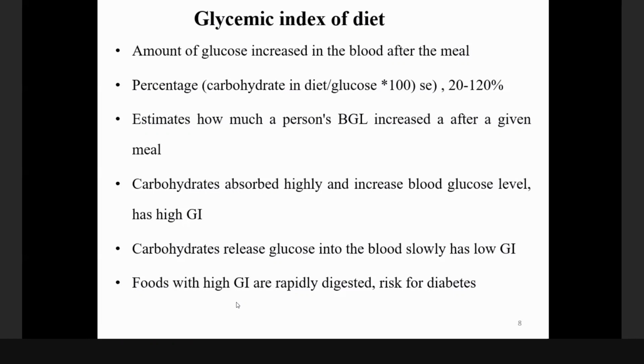For instance, there are carbohydrates in bread, and how much is that? So the amount of carbohydrate or glucose in a diet divided by the pure glucose times 100 is the glycemic index. So it estimates how much a person's blood glucose level increased following a meal. So carbohydrate or diet,